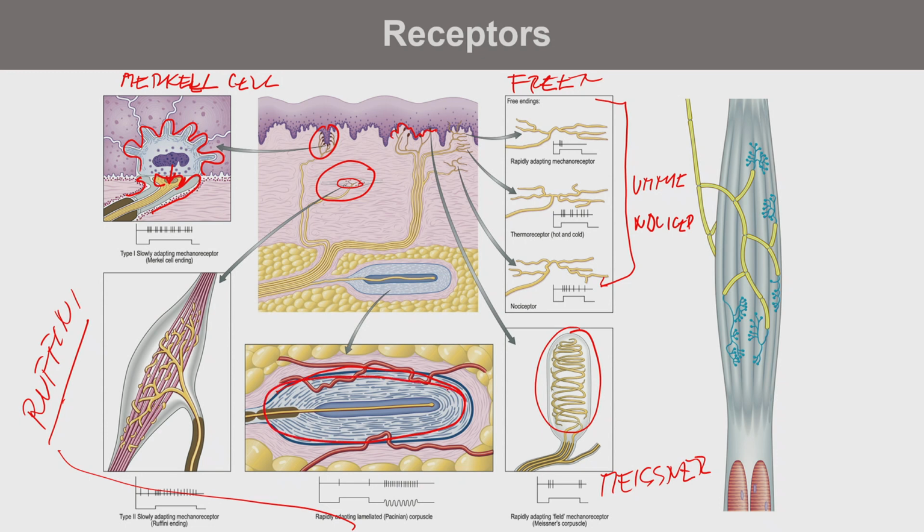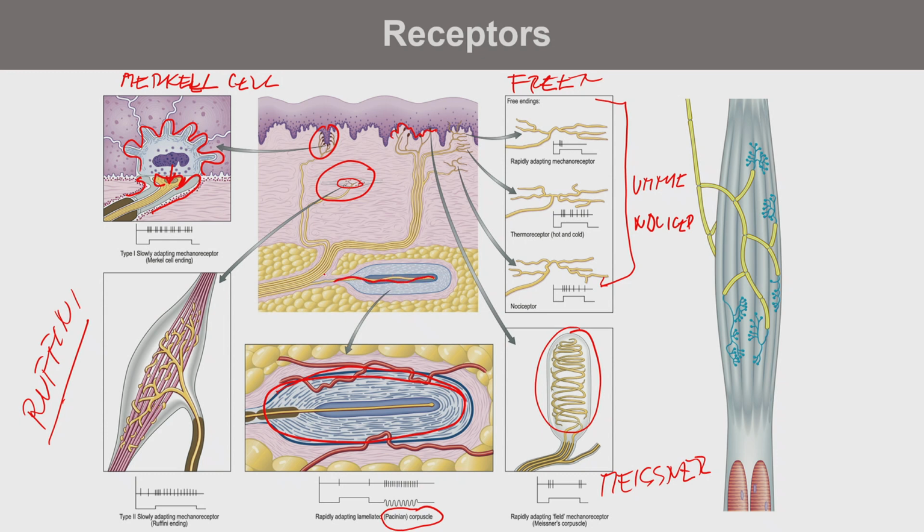The next one is localized in the subcutaneous fatty tissue, and it is a Pacini corpuscle, which is fast adapting. So this is very well informing about the vibrations and other things, which is localized in the subcutaneous layer. And the Pacini has only one ending